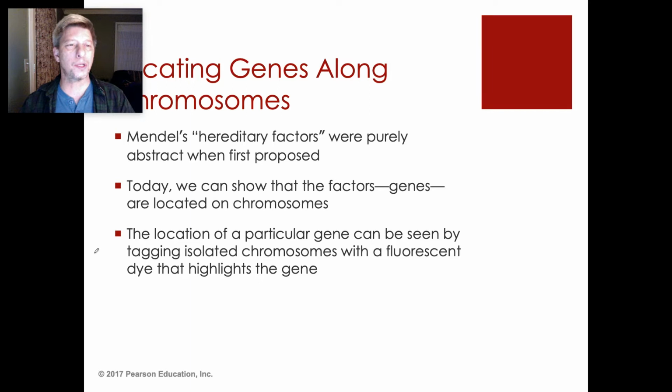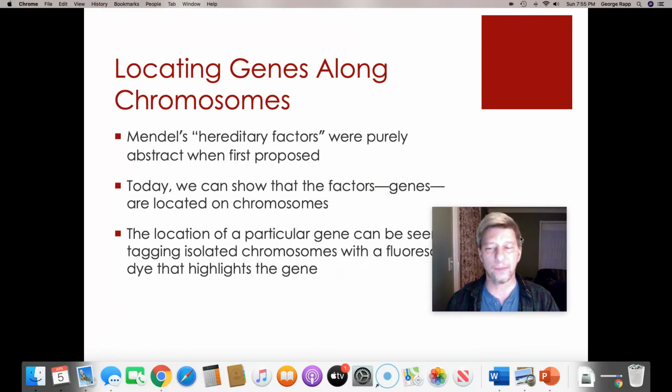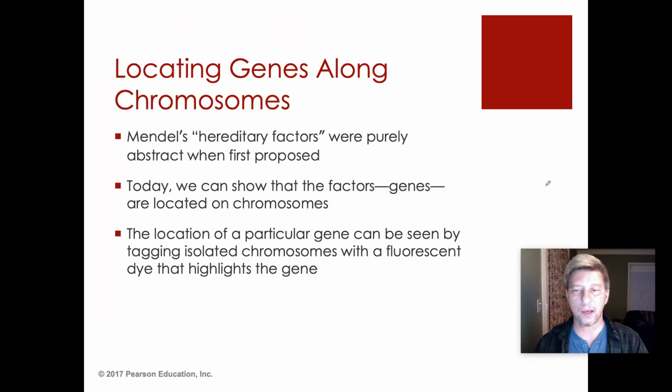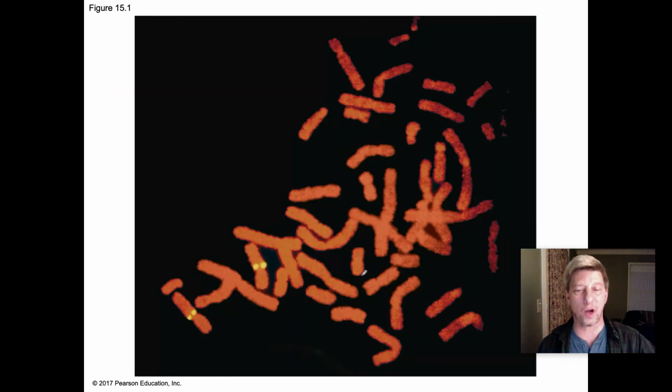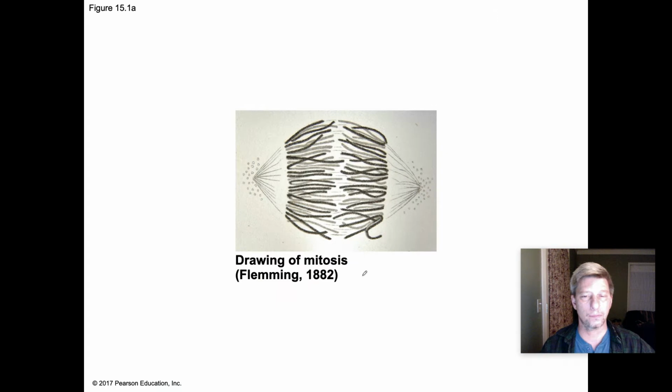So, it turns out that today we actually can demonstrate that the factors that Mendel talked about are genes, all right, and they are located on chromosomes. As a matter of fact, we can even isolate particular genes on a chromosome inside of a cell using very specific dyes that attach to specific genes. Right? This is an awesome picture of